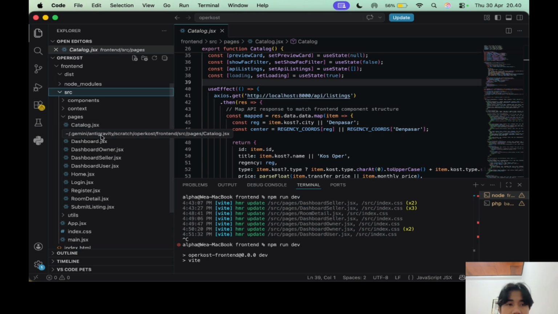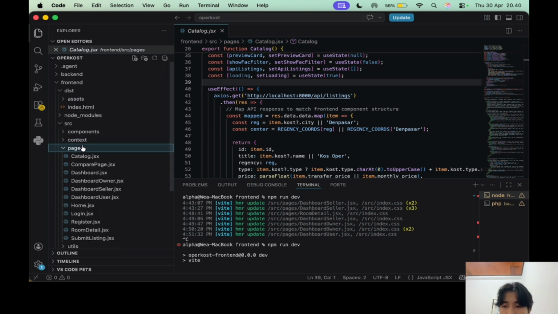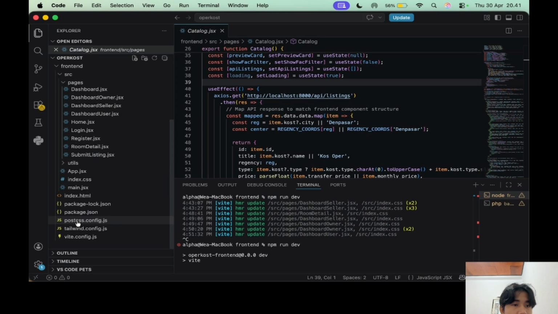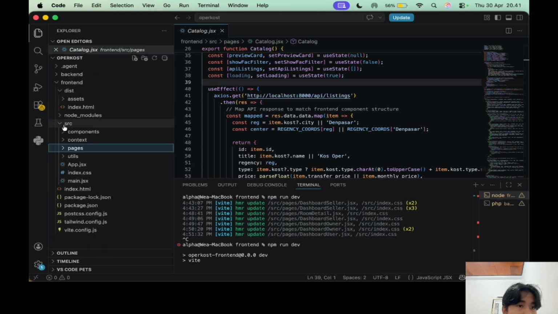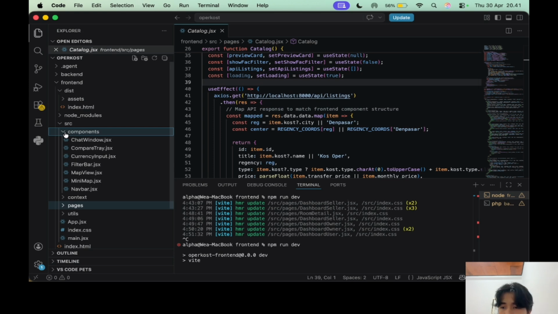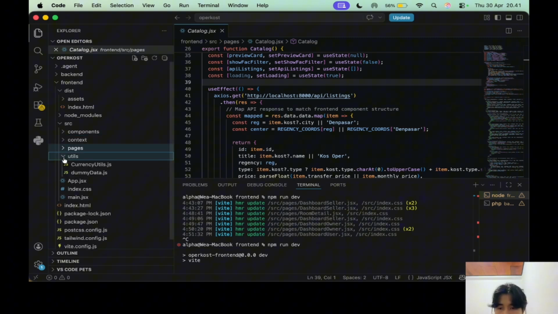We have the page folder for our main screen views, the component folder for reusable UI elements, and the util folder for helper functions like currency formatting.